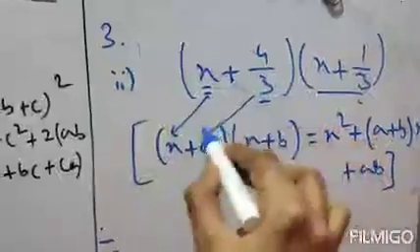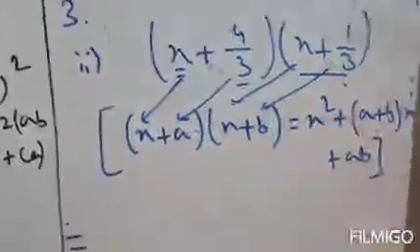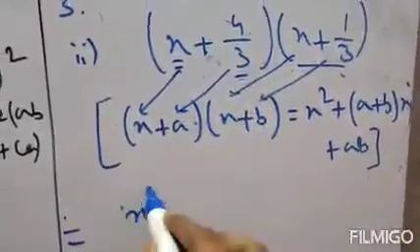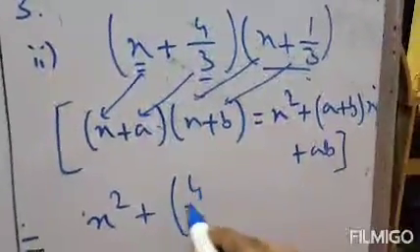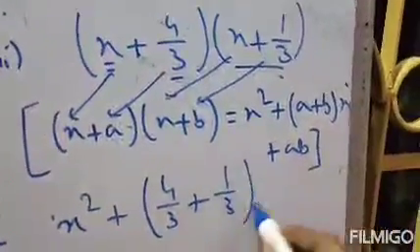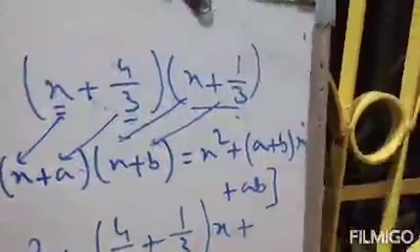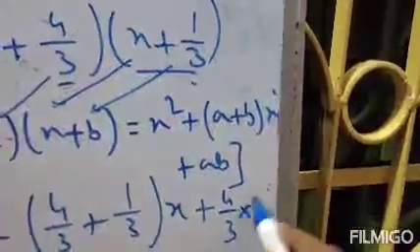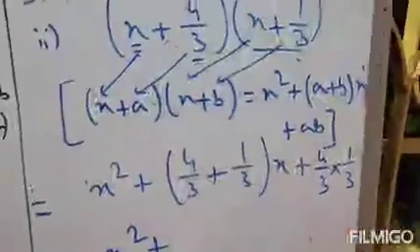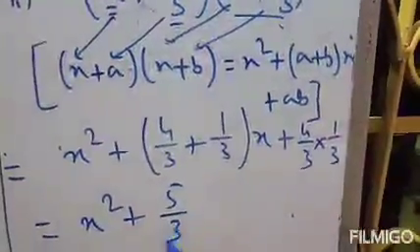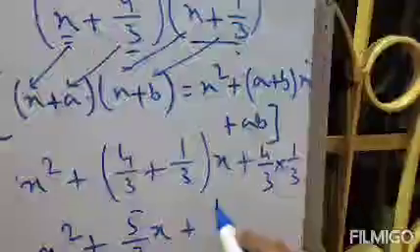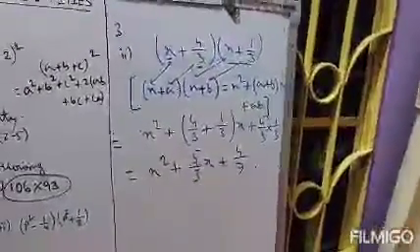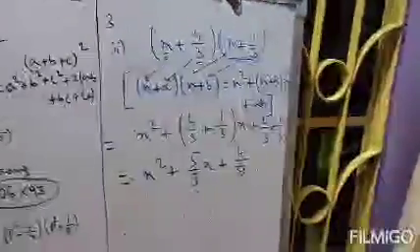So x is x, a is 4/3, b is 1/3. So x², x is x here, plus (a + b), a is 4/3 and b is 1/3, times x, plus ab, where a is 4/3 and ab means a into b. Clear? Here the value of x is x itself. So therefore x² plus, just take the LCM, you will get 5/3 x, then 4 ones are 4, 3 threes are 9, so 4/9 is your answer. Clear? Next,